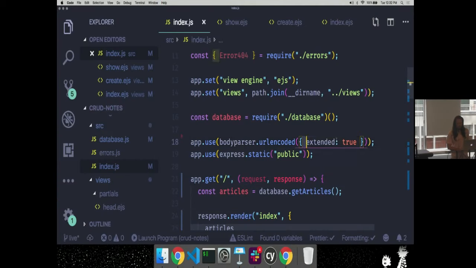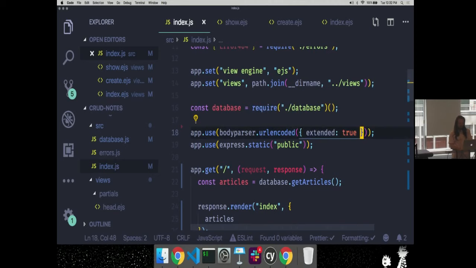The extended option is really just us telling it that there's URL encoded data that everyone agrees on, and then there's a little bit more that people have added on to support certain features. That's the extended part that is, I guess, not opt-in anymore. I guess Express just wants us to use that all the time.